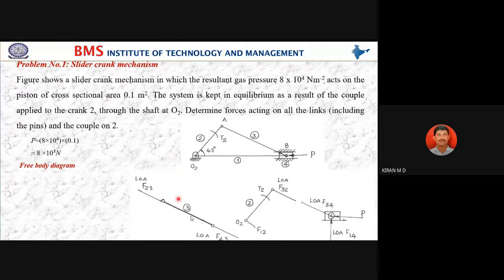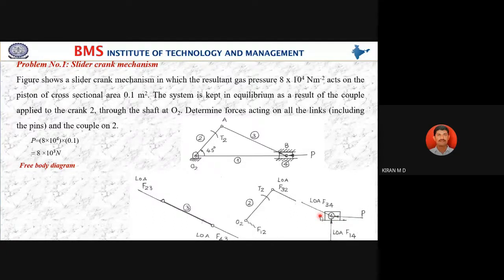Why am I going to start with this one only? Why can't I write here? See, this one I have the force. Correct? 2 forces. Why have I not started here or here? I started here because we already know one force. If you know one force, you can easily find the remaining forces.